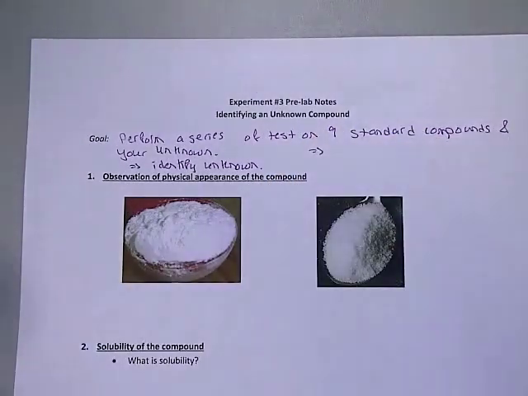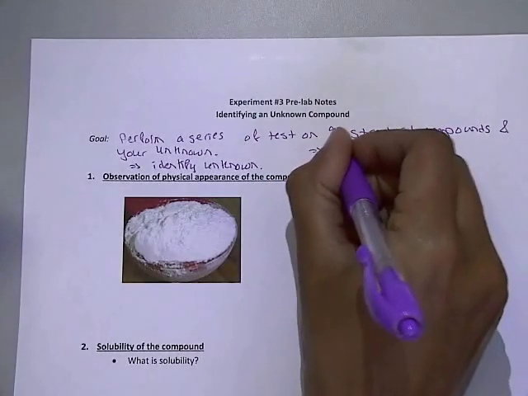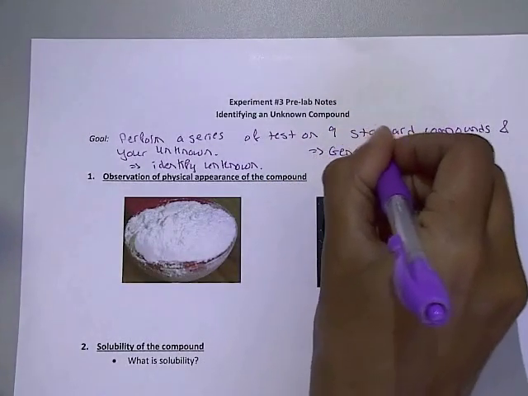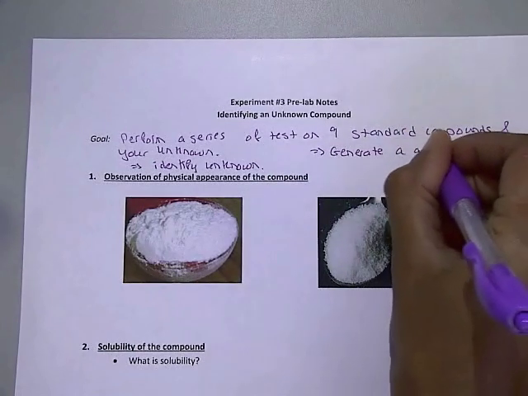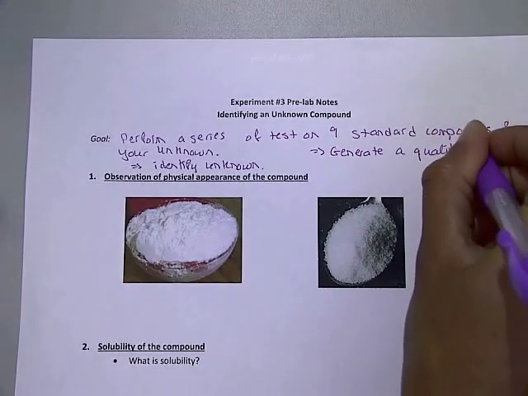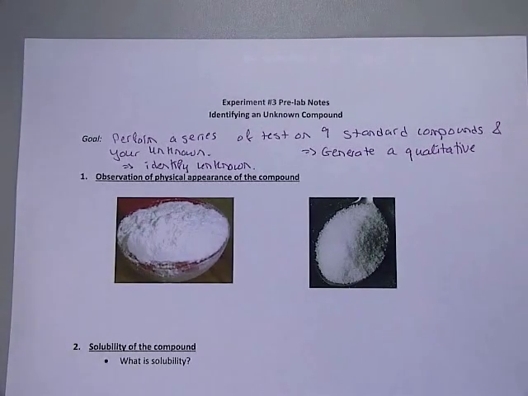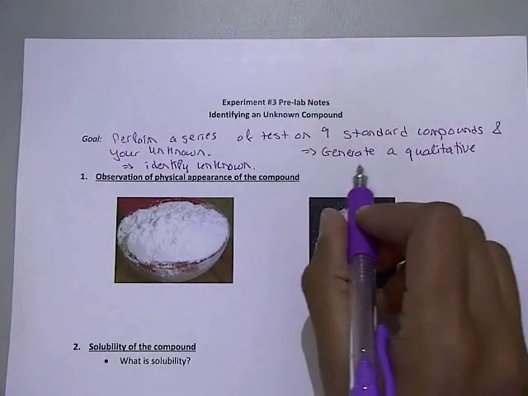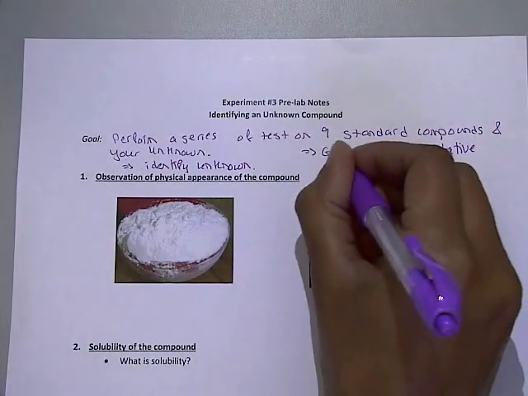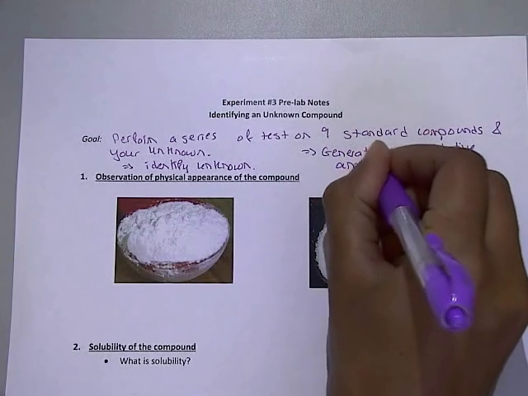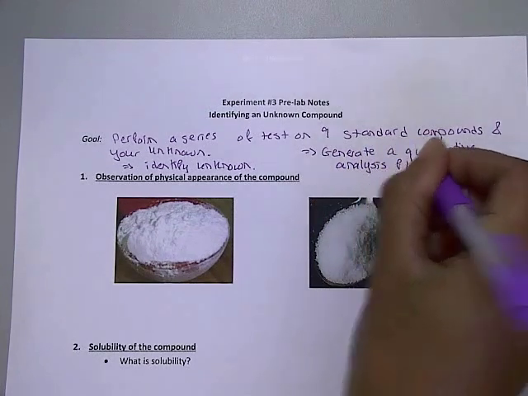Another goal, and final goal, which you're graded on for this experiment, is to generate a qualitative. Remember in the first lab we talked about quantitative and qualitative observations. This week's lab is all on qualitative observations. So you're going to generate a qualitative analysis flowchart